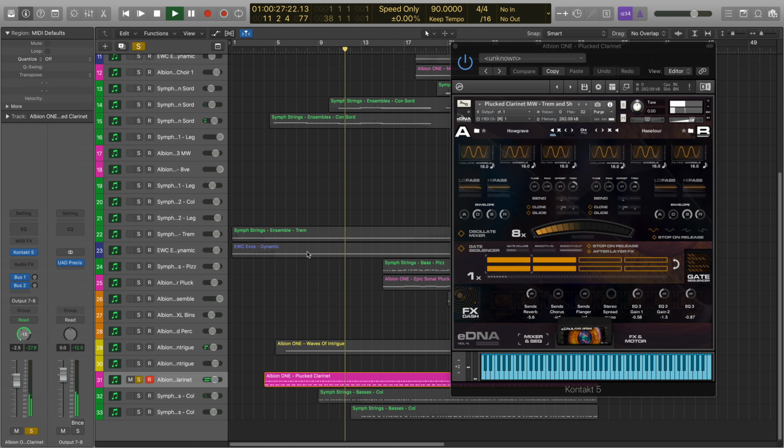And as you can hear, that sound is quite subtle but effective in the piece, and I've used the expression here to just fade that in. I didn't want any of this sort of percussion section, if you can call it that, to be too overpowering at the beginning. It was all meant to build tension as more and more layers were being added to the piece. We've also got another Albion 1 synth here called Waves of Intrigue, and similarly to the tremolo patch at the start,